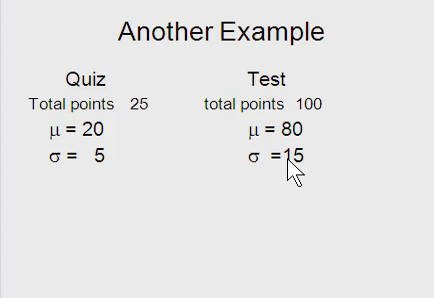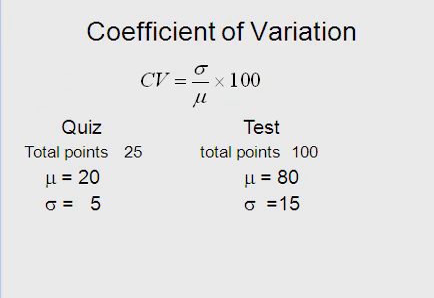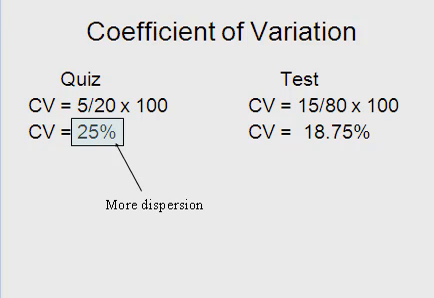One way we can compare the variation of groups with very different means is by computing something known as the coefficient of variation. The coefficient of variation is simply turning the variation into a percentage of the mean. Take the standard deviation and divide it by the mean. So for example, on the quiz, we had 5 out of 20, a standard deviation of 5 over a mean of 20, which is 25%. On the test, we had 15 out of 80, which is